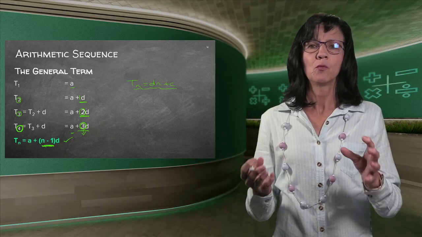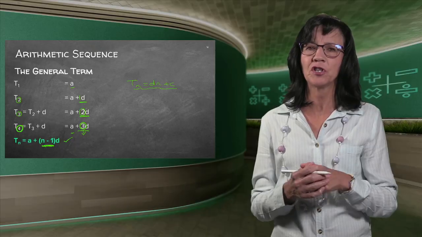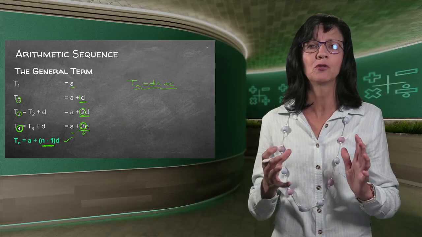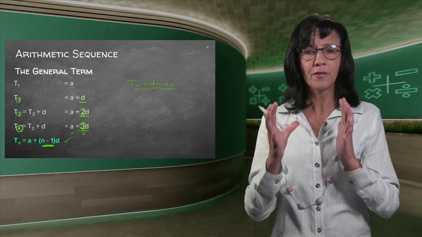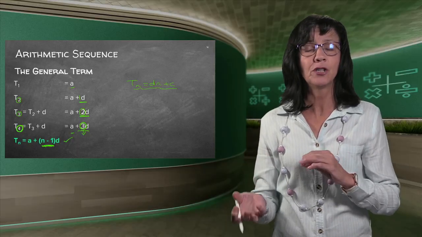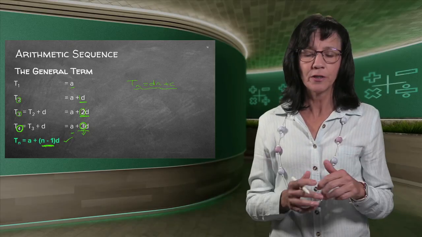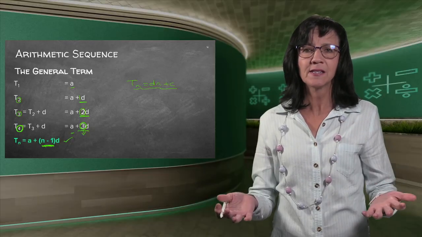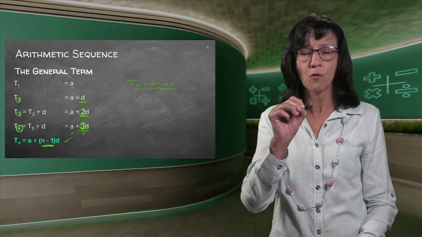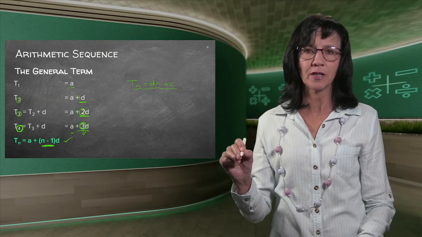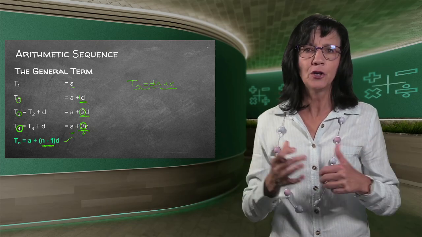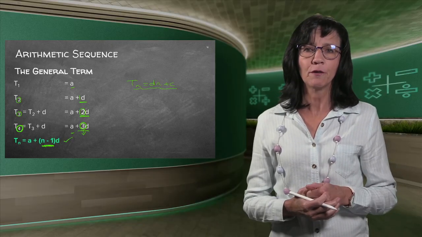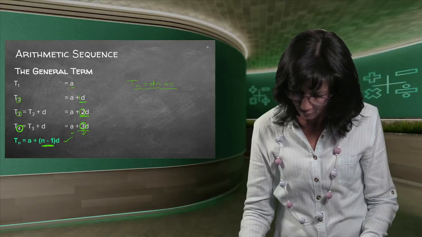Now, don't think you're going to get a formula sheet and will simply see the formula on there. If you don't know the formula off by heart, you will not be able to recognize which formula is which, because on that formula sheet there are a lot of formulae, and you need to know which one belongs where. That is why you need to know this formula off by heart. In any case, when you do a few exercises, you have to write down the formula first before you start substituting, and every time you write down a formula, you learn it. So by the end of this lesson, if you did forget it previously, you will know the formula again. Make very sure that you do know the formula.